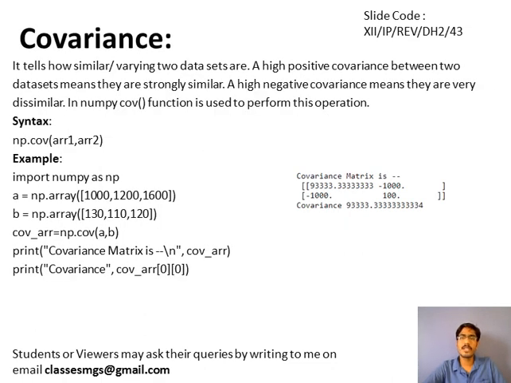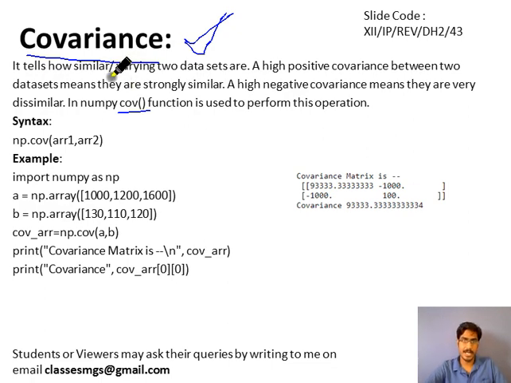Now we will see the covariance. What is the covariance? Mathematically you should know it, because it comes under the mathematical portion. We will not see here how to calculate the covariance, but we will see which numpy array function can be used, and what its syntax will be for calculating the covariance. You should know covariance.